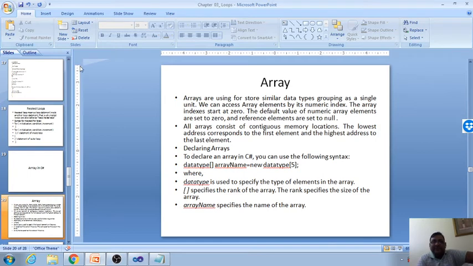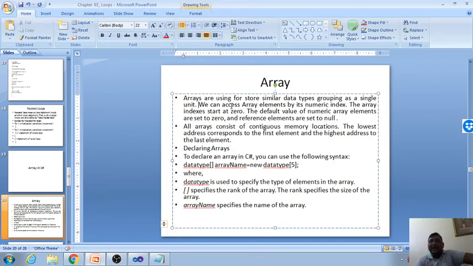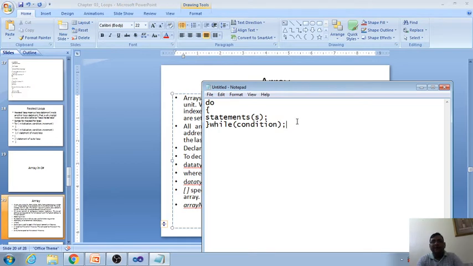So here it is written: arrays are used to store similar data type, same data type, grouped as a single unit. We can access the array element by its numeric index. I will explain what the index is.